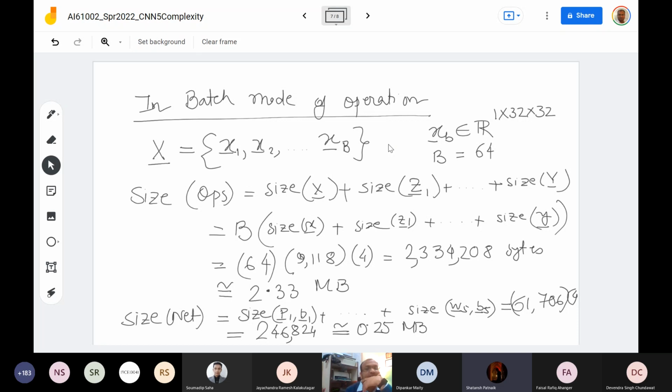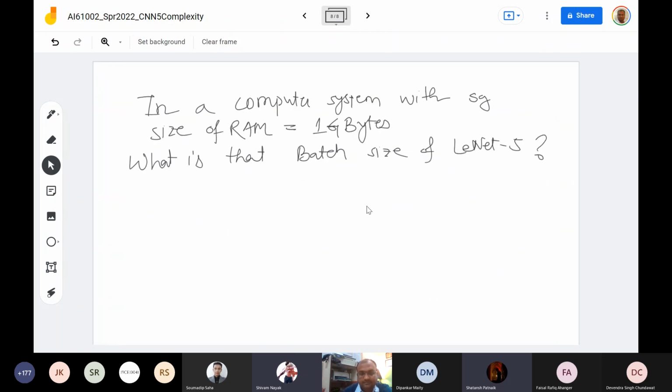28,120. How did you come up with that? Sir, I subtracted 0.25 from 1024 and the remaining I divided by 2.33 and multiplied it by 64. Why 64? Because we took B to be 64 in the previous calculation, so I used that. Okay, okay. So essentially, what comes down is that